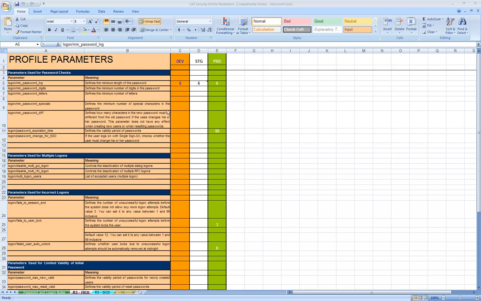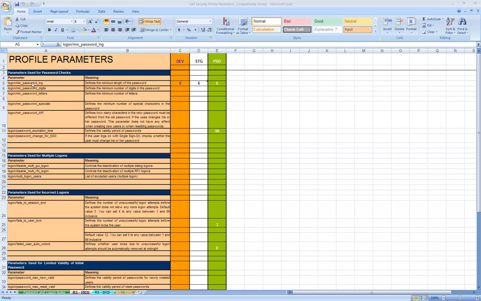In this session we're going to check the importance of something called profile parameters in the SAP system. Profile parameters are settings which affect the behavior of your system. You have parameters which affect your login behavior or your passwords.